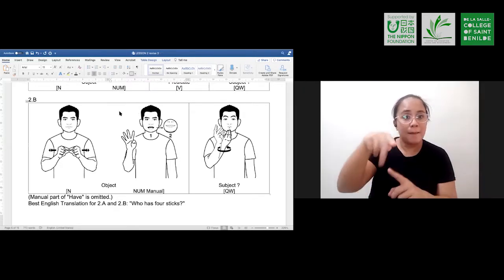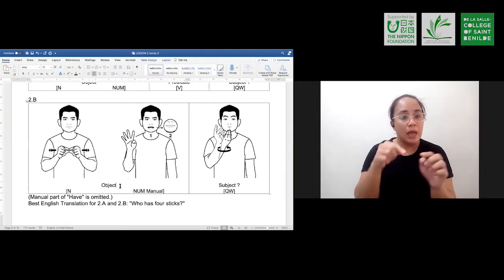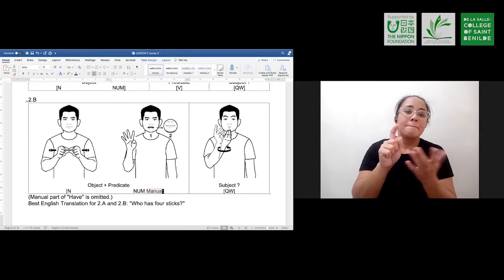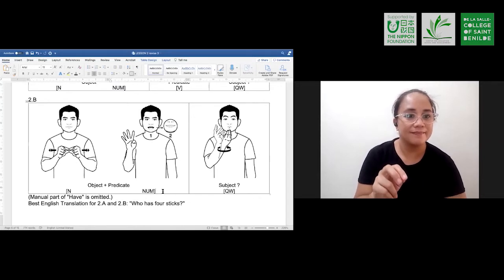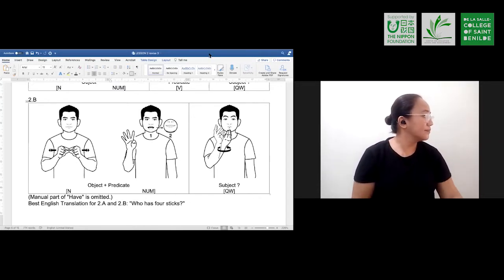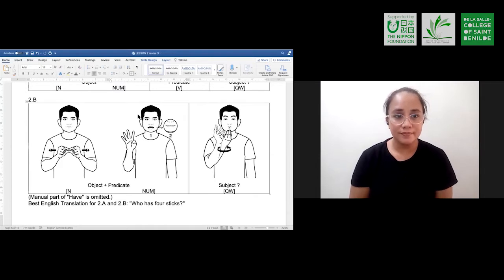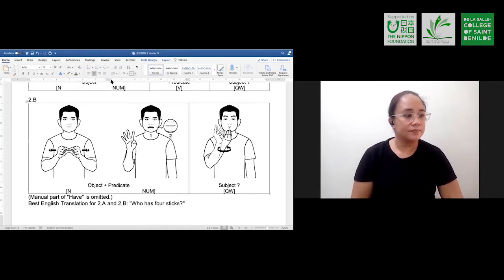And then you could put, under object, yeah, that's something new, put noun. Under predicate, put